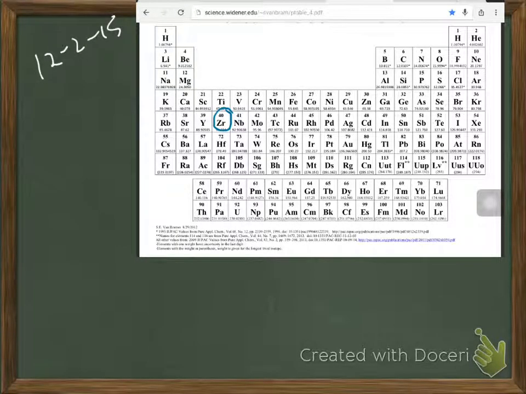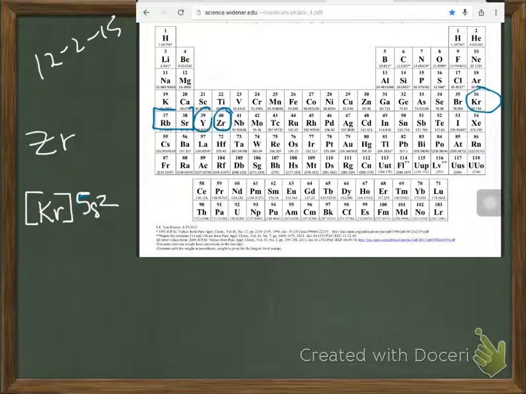Doing the noble gas notation for zirconium the fast way, we can look and see that it's going to be something based off of krypton. So zirconium is equal to krypton plus, and the fast way to do this is to go, okay, it fills 1, 2, 3, 4, 5, the 5s, and we don't even have to look up what krypton ends with anymore, because now we just go, 1, 2, 3, 4, 5. This is 5s. So we have a 5s2, and then we know that D is always 1 behind, so 3D1,